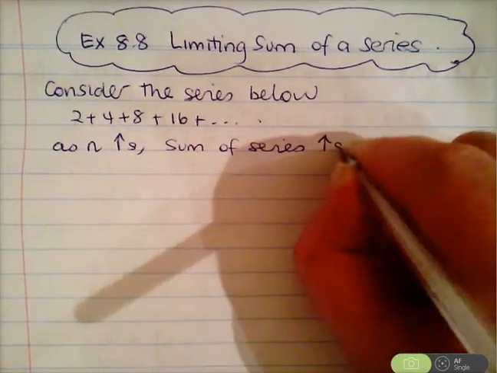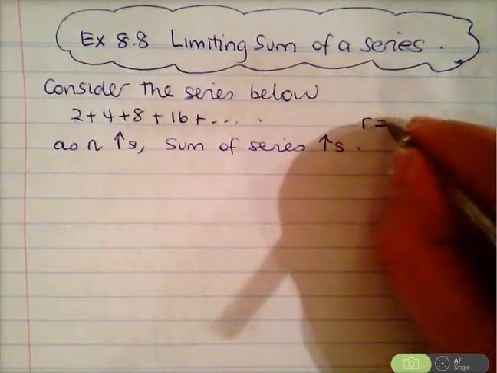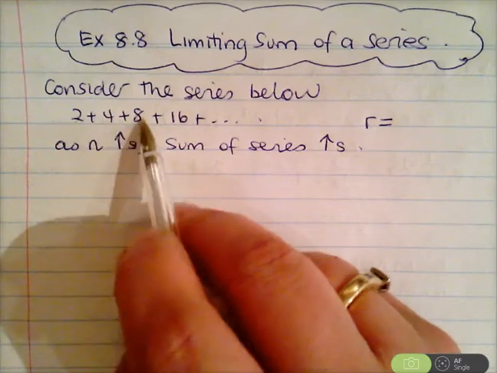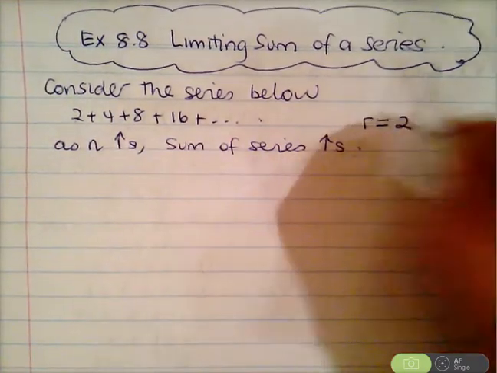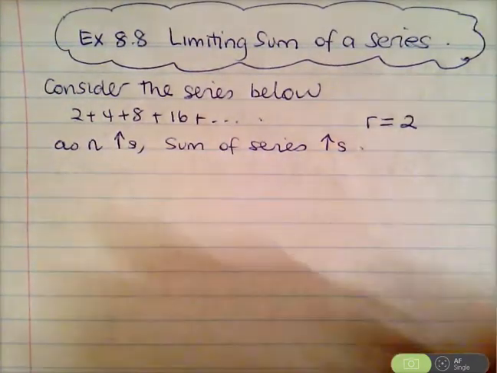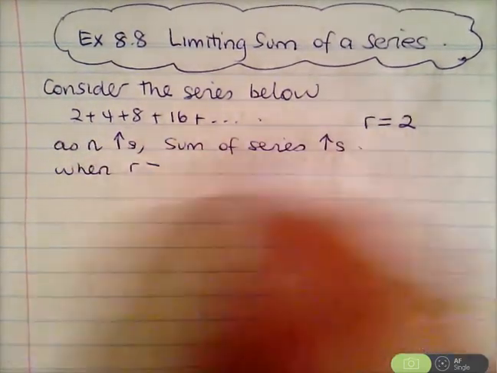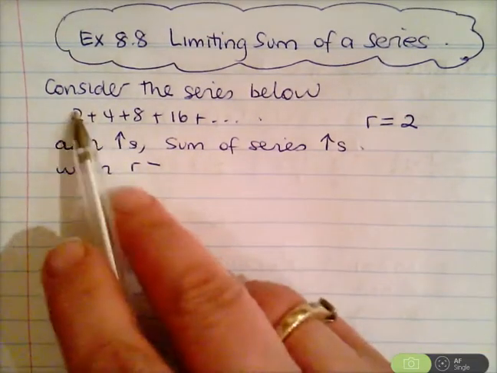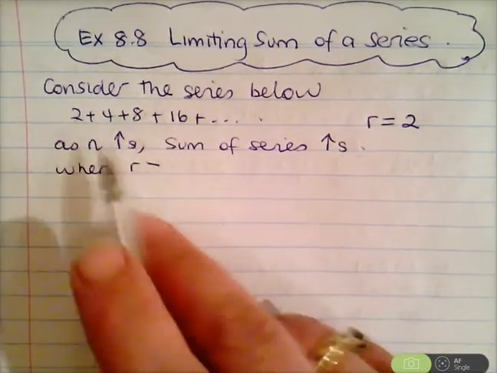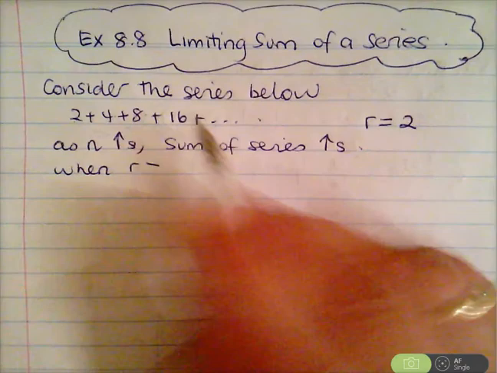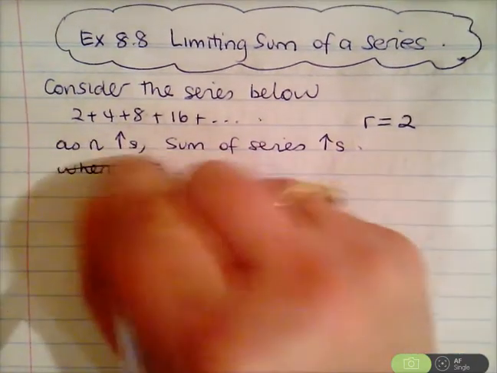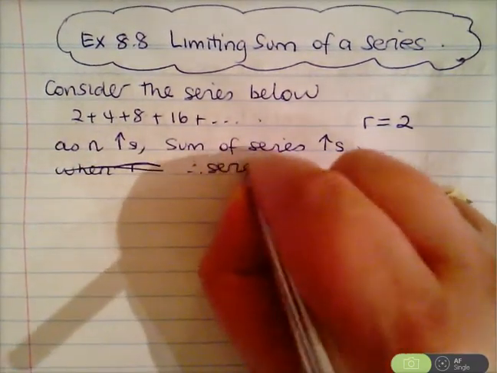It also increases. This is because r, in this case, going from one term to the other, you're multiplying by 2, so r is 2. So as each term in the series gets bigger, if you consider the sum of the series, it will just get bigger and bigger. So we say, therefore, this series